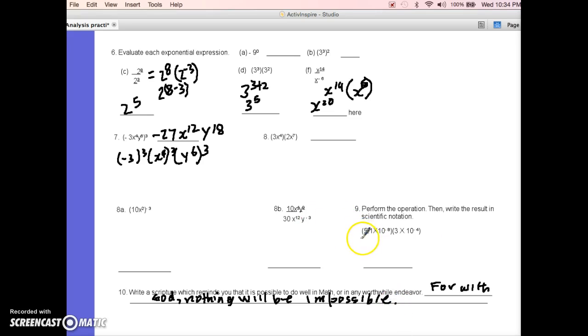Okay, I think that's pretty much it. With this one, you just have to multiply this times this,